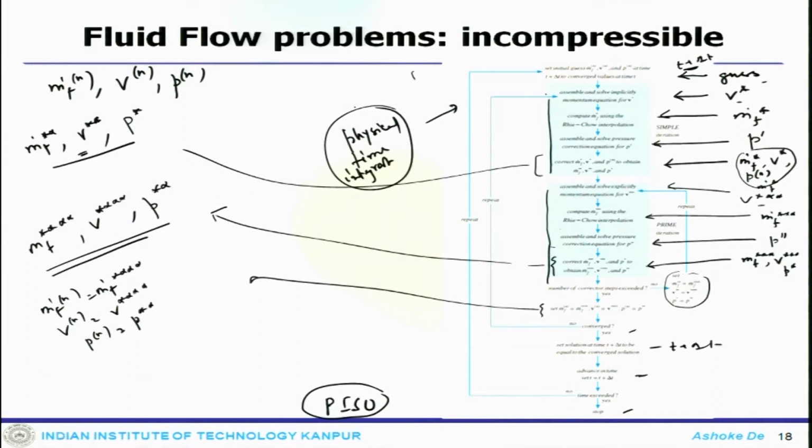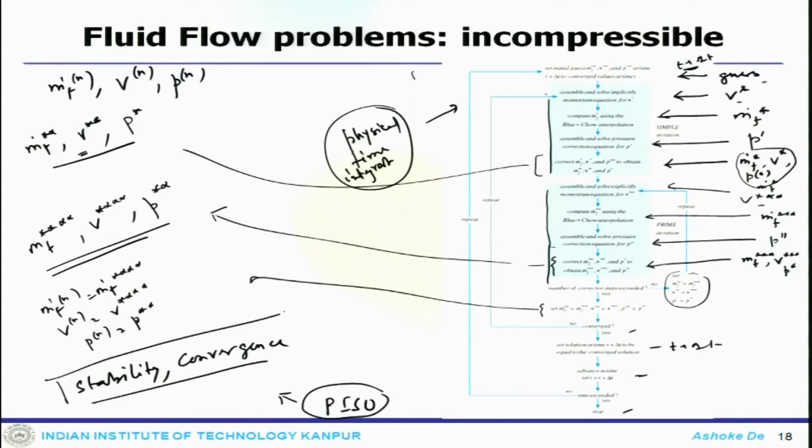So, it does two times the iteration in the process. And that is why PISO provides better stability, better convergence, and if you have a slightly non-orthogonal skewed grid and those kinds of cases, PISO works better than the SIMPLE algorithm or the SIMPLEC algorithm. So that is why it is preferred, and a lot of the CFD codes are based on PISO. They provide better stability and better convergence.